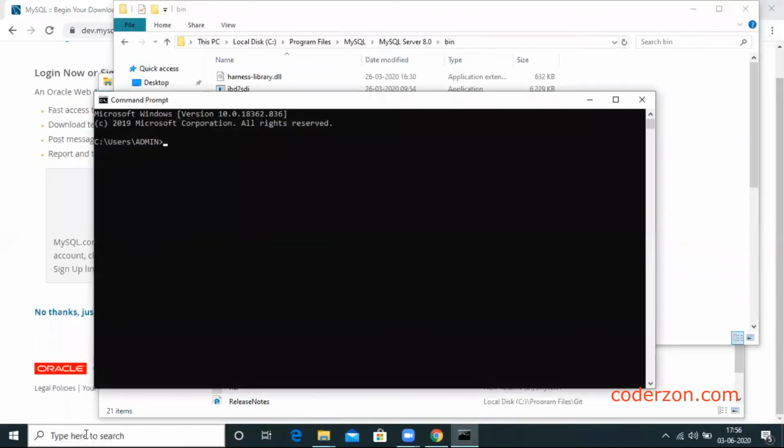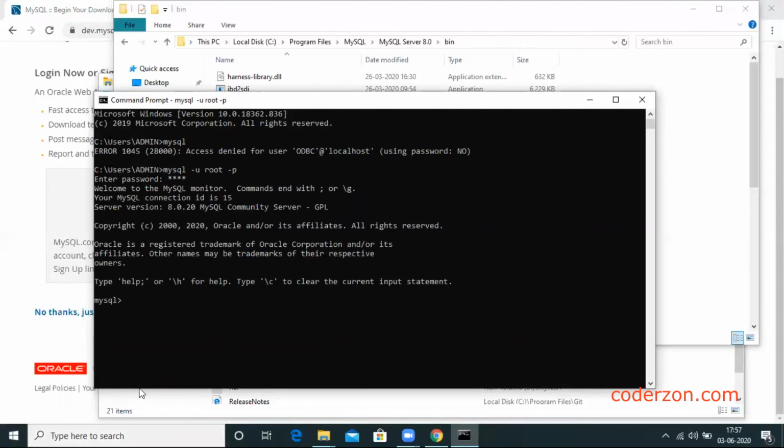I'm opening a new command prompt and typing MySQL. So we got access denied. Okay. So we need to use the command MySQL -u root -p. So provide the password we provided while installing MySQL. We have configured a root user password while installing MySQL. I'm providing that here. So we got the MySQL terminal,